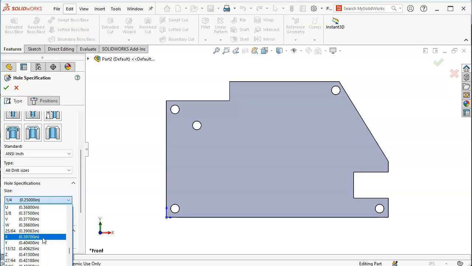All right, so if I'm within that 4 thousandths, 3 thousandths tolerance, so what I'm looking at is the